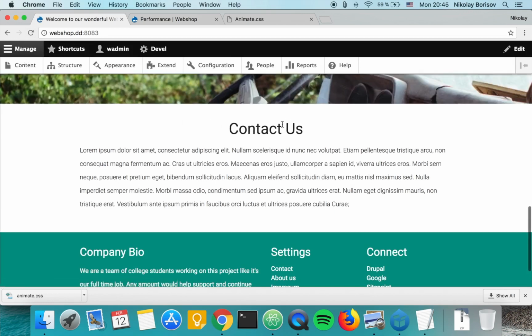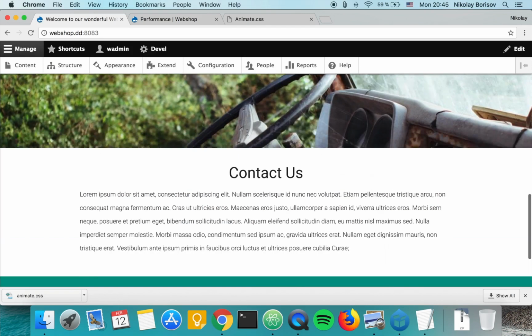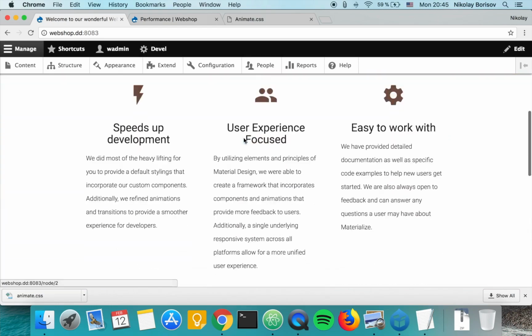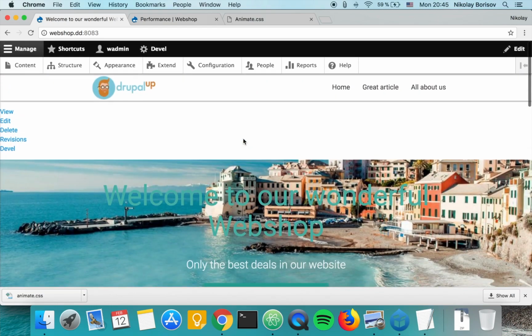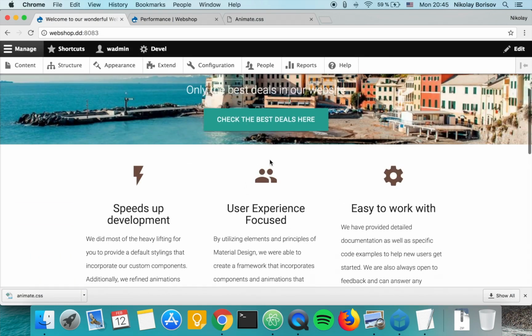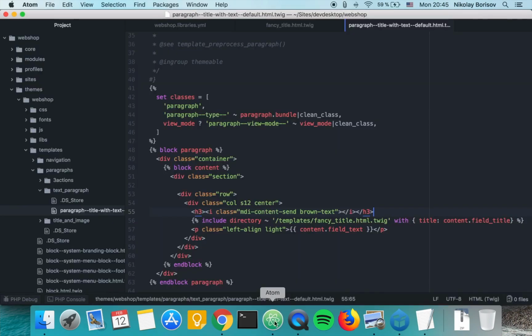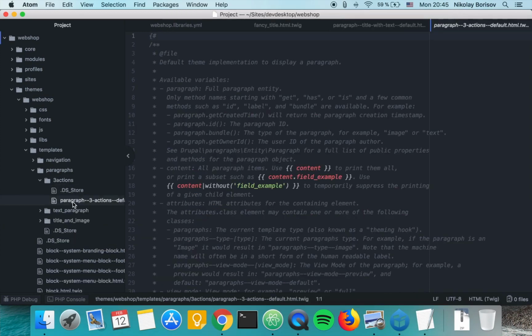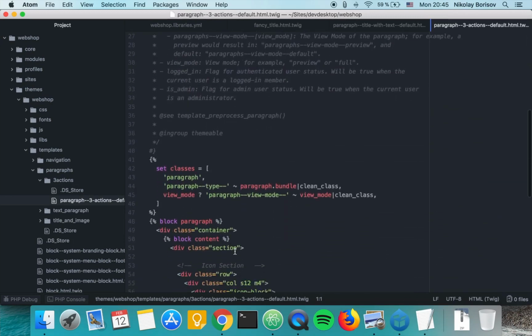It appears as a fancy title with the nice animation effect that we just implemented. So let's go ahead and quickly implement it also somewhere else. Let's implement it here at the top of these 3 columns element. So if we copy this bit from here,